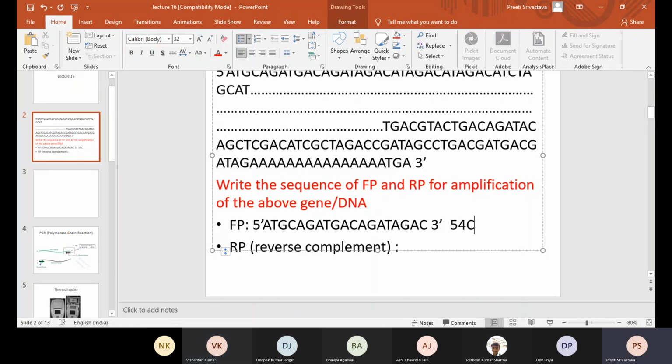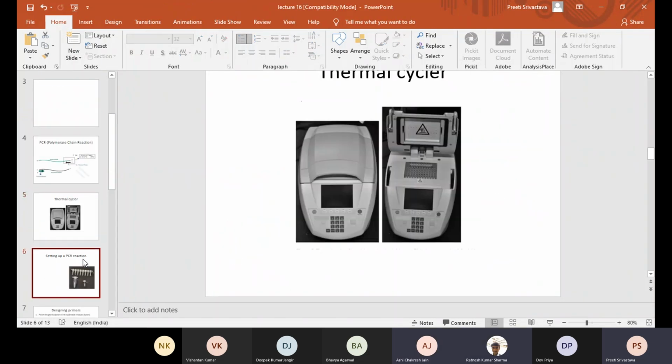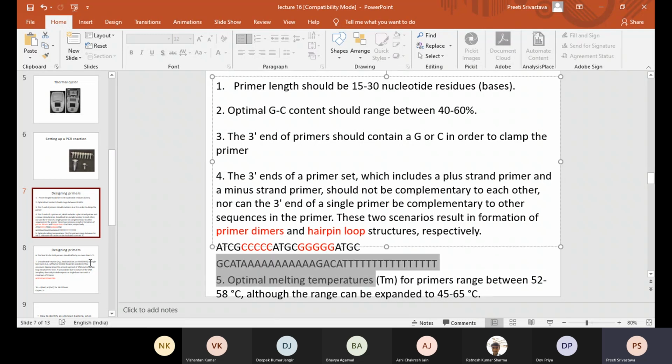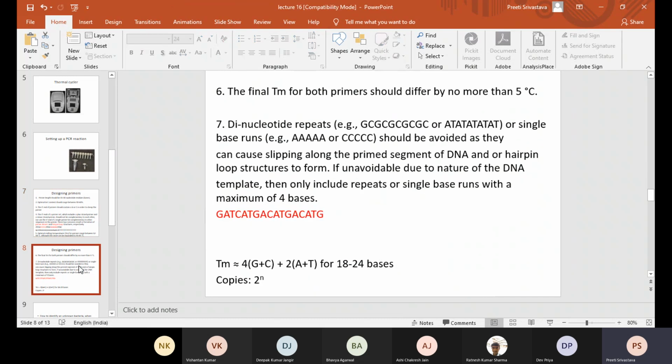Okay. So then as per the rules, is this a good primer or a bad primer? Ma'am, it is a good primer as it lies in the range itself. Yes, it lies in the range which we discussed, that the Tm should be 52 to 58, and the primer is ending with a G or C and the length of the primer is also within the range, right? Using these few rules, and there is no hairpin loop, you can say that yes, this is a good primer that you people have designed.